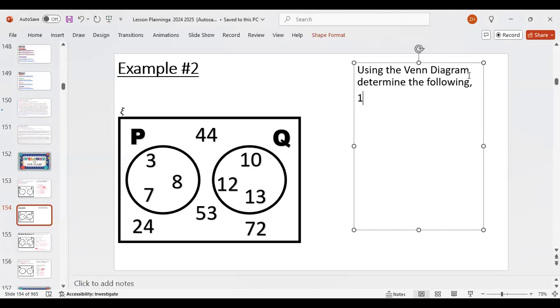We're going to start off with the first one. Let's start off with P. What goes in set P? What do y'all have for set P? You could just say it, and I'll write it down in the chat. Curly brackets 3, 8, and 7. Curly brackets, 3, then 8, and then 7. All right.